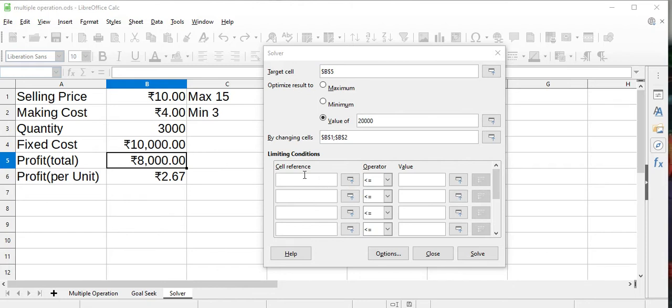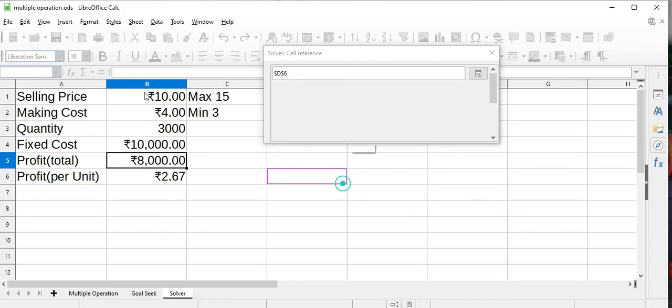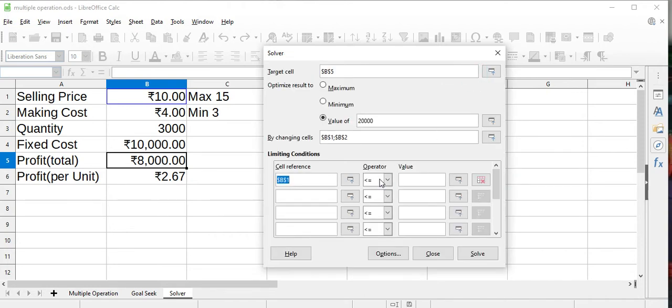So for giving the condition, I'll click here, go to the constraint. I will select the selling price, and it should be maximum 15, so I will use this greater and equal.